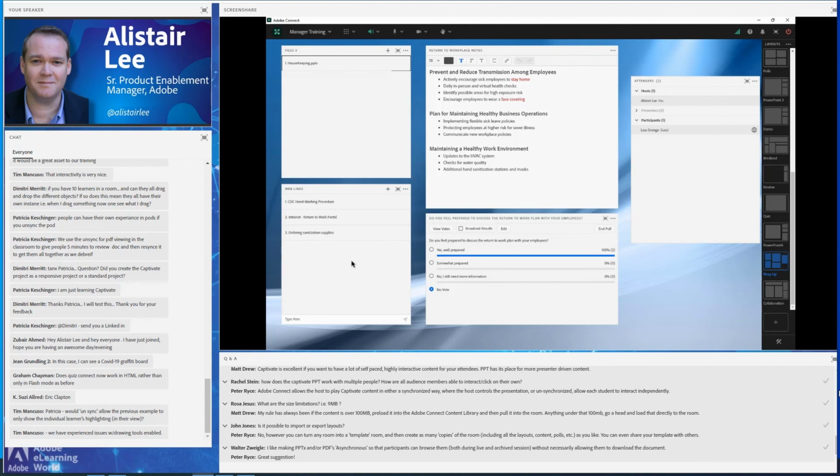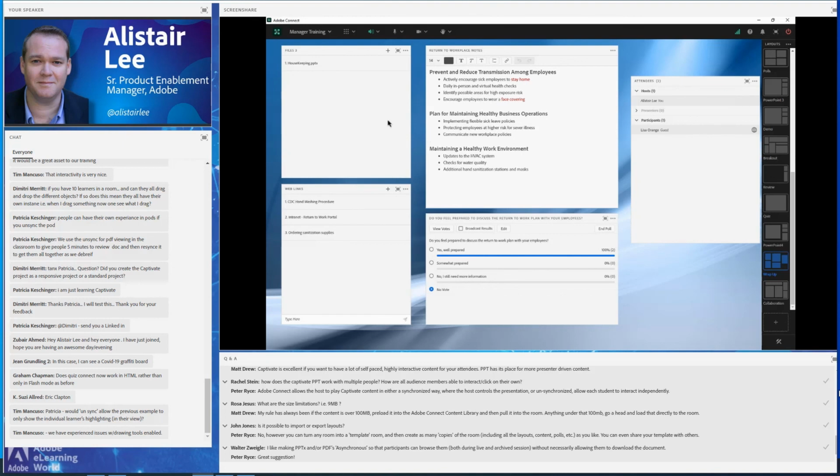The nice thing with Connect, while I'm talking about Adobe Connect and the way that it handles these pods, is that these pods work even in a recording. So if somebody wasn't able to make the live session, they're watching the recording, they can still copy and paste this text, they can download the files, they can click on any of these web links. All of that will still work even if they're watching an on-demand recording, although they'll lose the benefit of the other interactive elements that we had throughout the session.